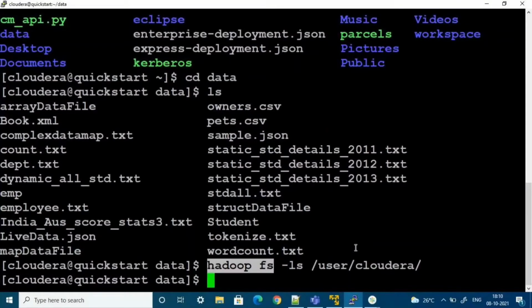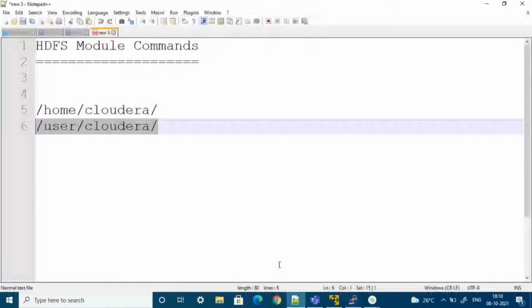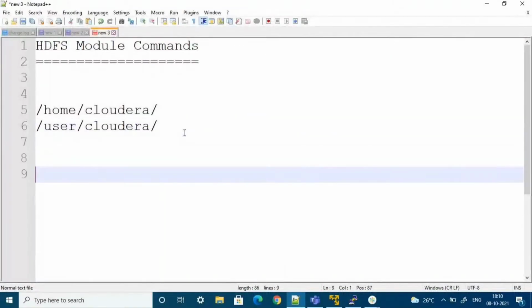Now we'll copy one file. How to copy a file from the local file system to the HDFS file system? So hadoop fs -copyFromLocal. Here the F and L are capital letters, it is case sensitive.